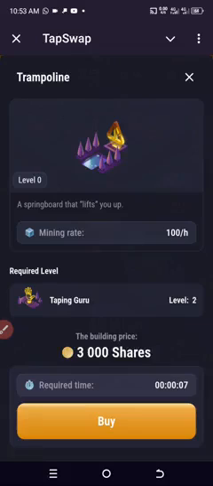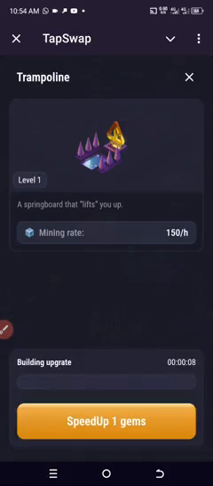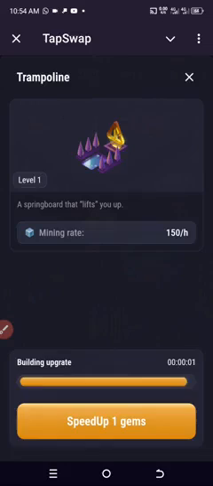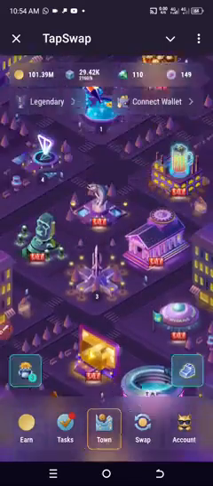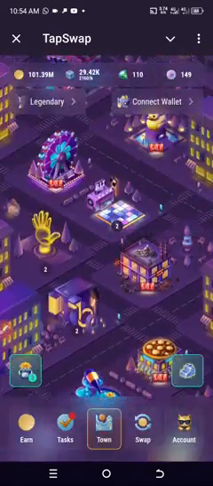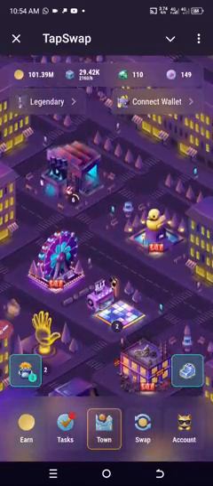It will require me to get level 2 of Tapping Guru. And very fortunately, I've gotten level 2 of Tapping Guru, which is this image. I've gotten level 2 of it. So I simply buy it. And because it is 6 seconds thereabouts, I can wait for it to completely load. And then it will load completely. So having loaded it, I'll go back and see if I can buy this guy, since I have achieved the